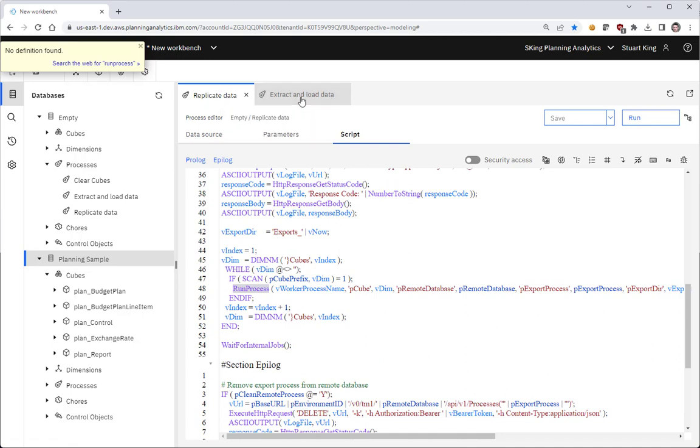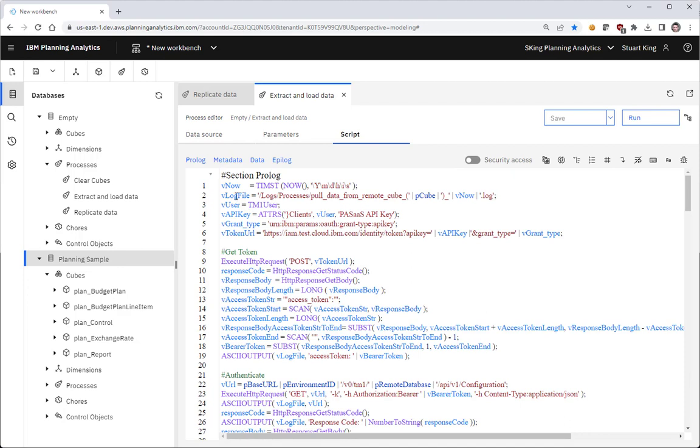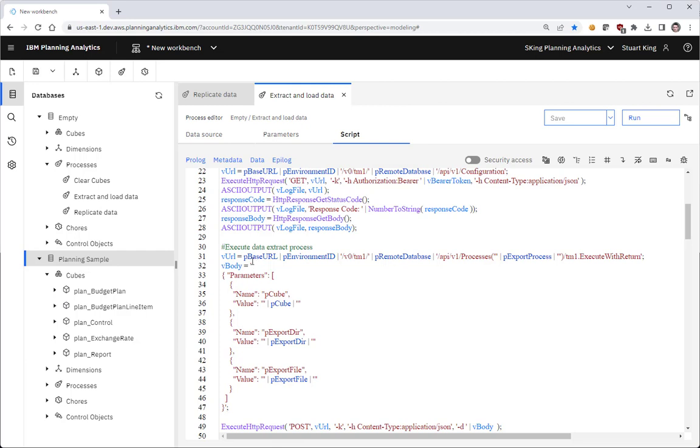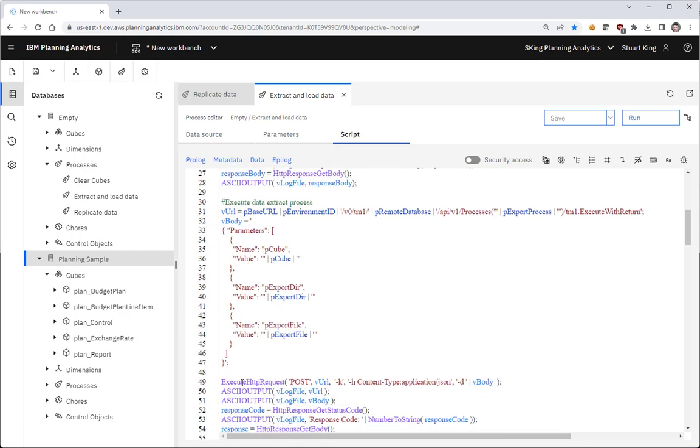So if we examine this code, we can see it basically uses the same trick, right? It goes and grabs the API key. The API key from my attribute for my user is used in an API call to authenticate. Once the authentication here happens, I use that to basically get a cookie and then make subsequent API calls, right? Where the API call I'm making this time is actually going to be to execute the process that was loaded